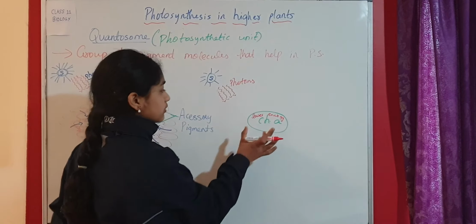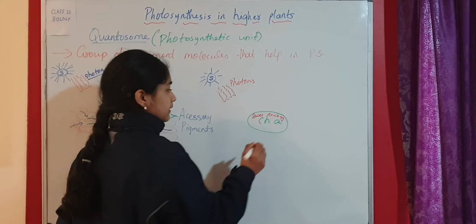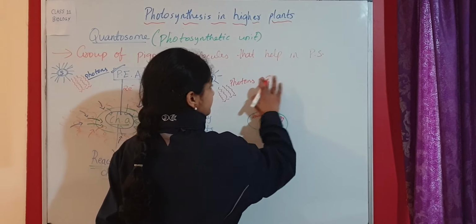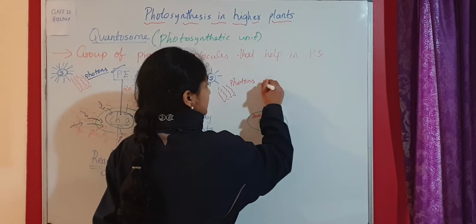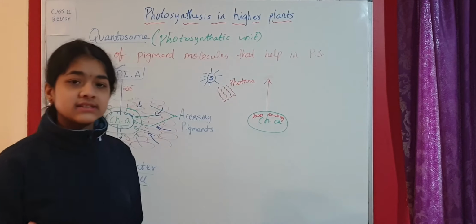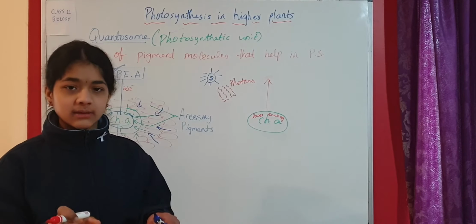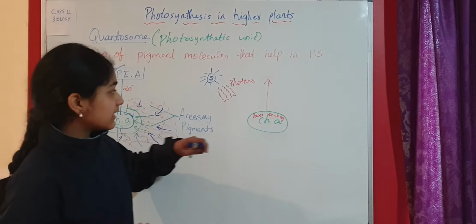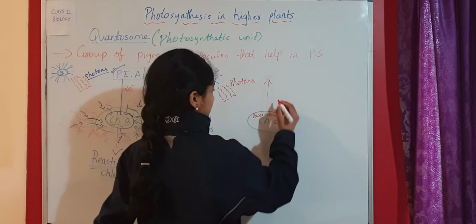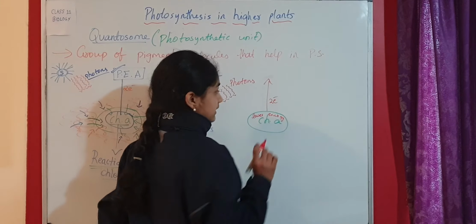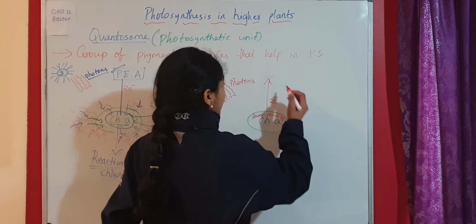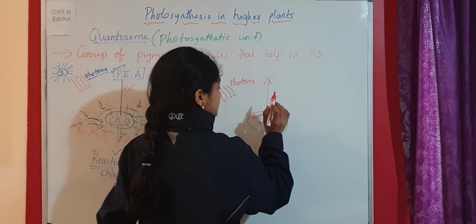So this chlorophyll A has lower energy and the electrons again get excited here. Excited means something which is unstable, which can't stay stable like that, so it moves. Here also the electron is getting excited in the upward direction. So here 2e- because a pair of electrons is getting excited, and here it goes.